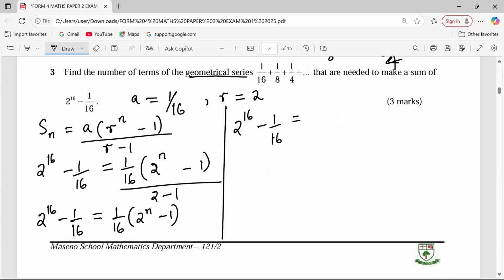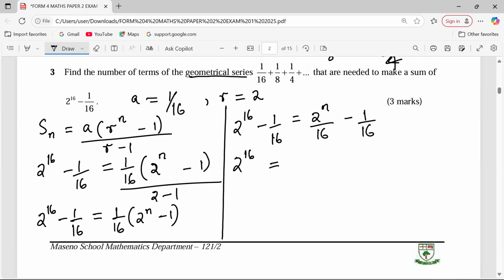And you will discover that we are having 2 power n over 16 minus 1 over 16. And if you are very careful now, you shall discover that 1 over 16 can combine because it is on both sides. So 2 over 16 equals to